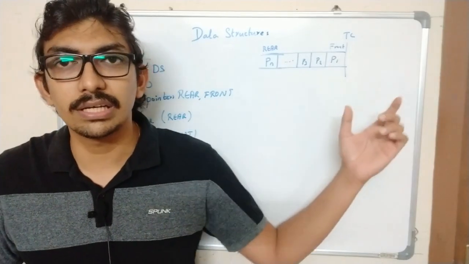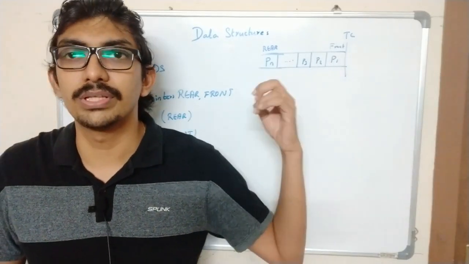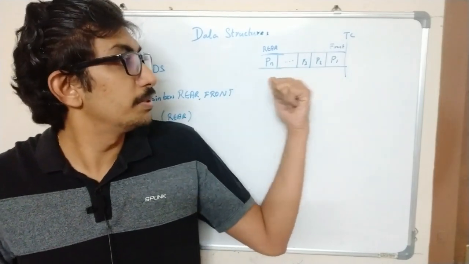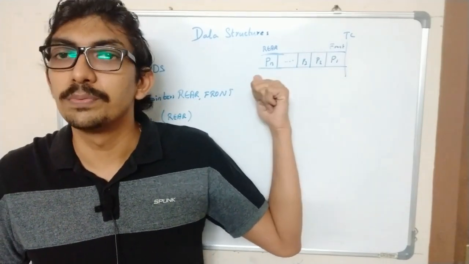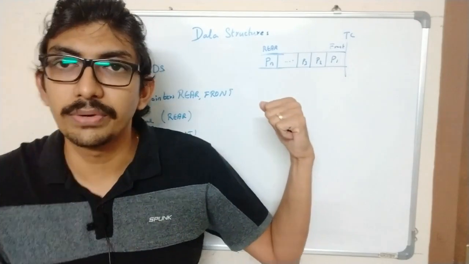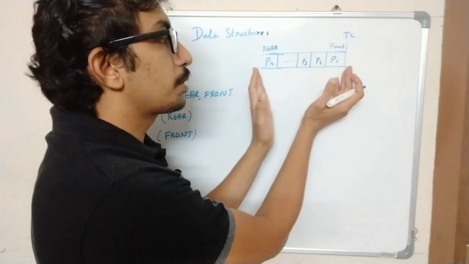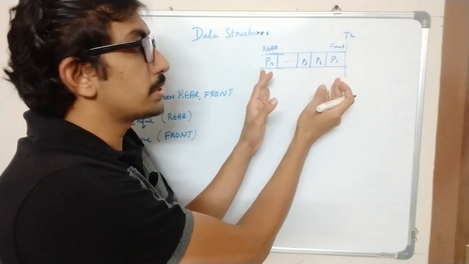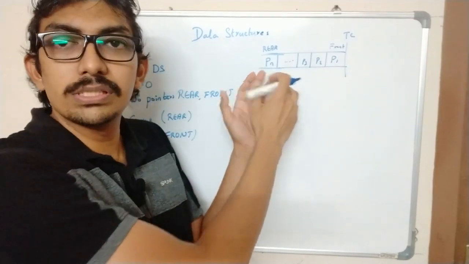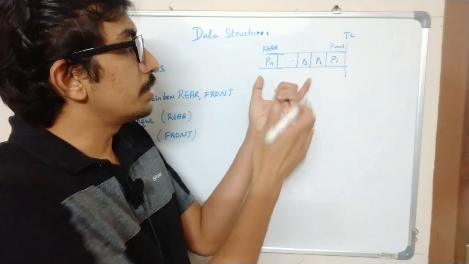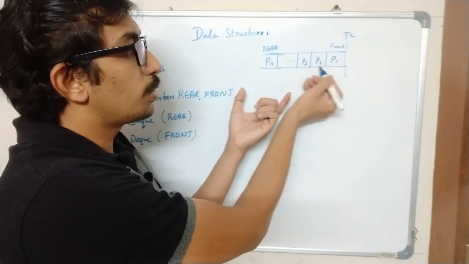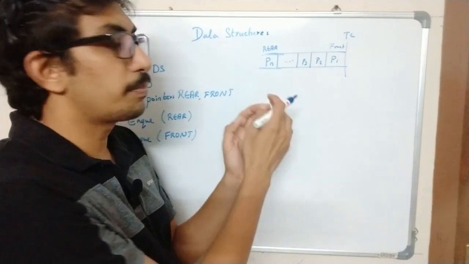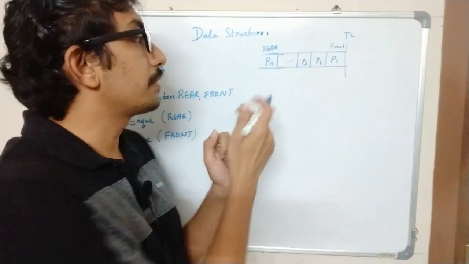So whenever there is a ticket counter, say in a movie theater or in a railway station, there will be persons standing in a queue to collect their ticket, right? So as far as a queue is concerned, you can say there will be two ends. One is the front end and another one is the rear end. You can see person 1, person 2, person 3 up to n persons are already in the queue.